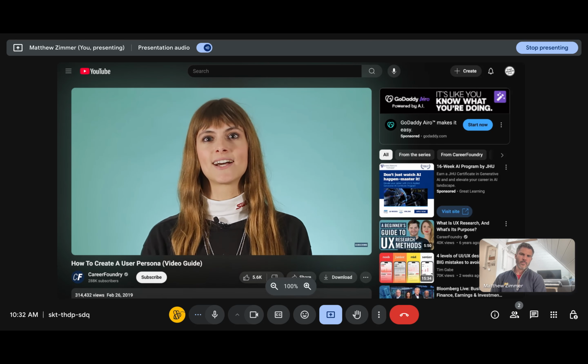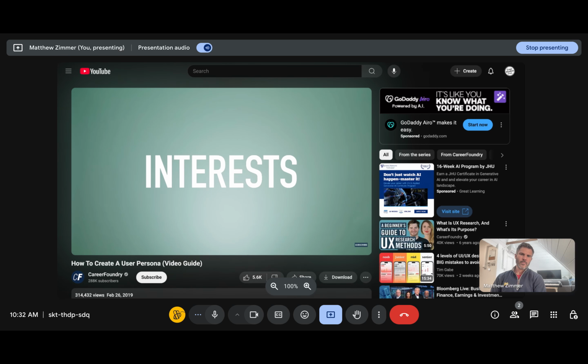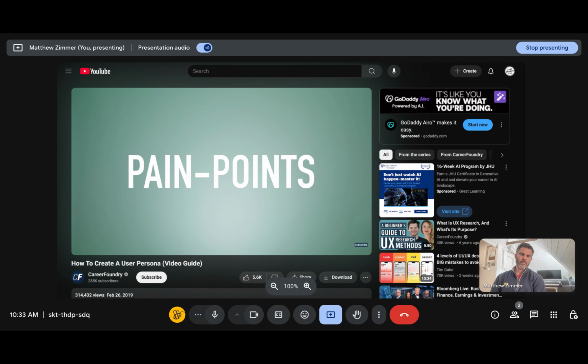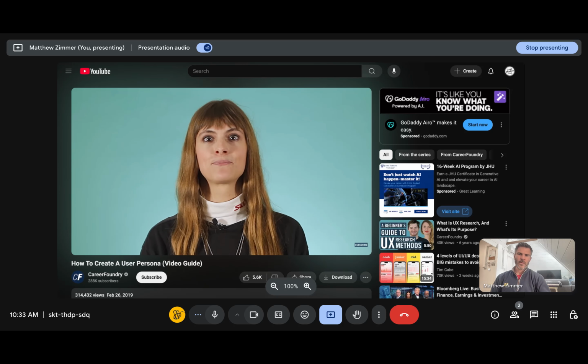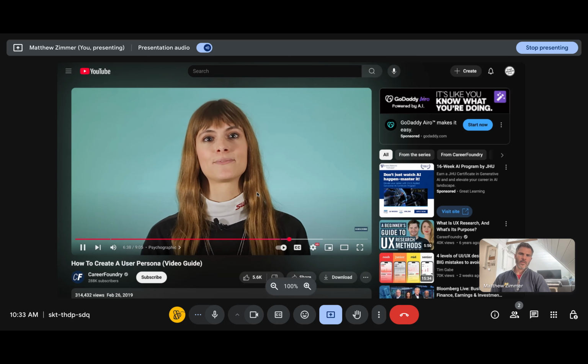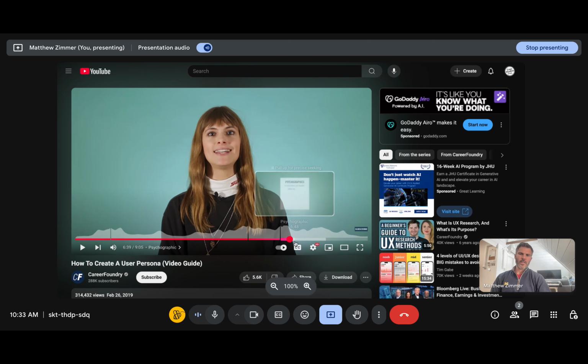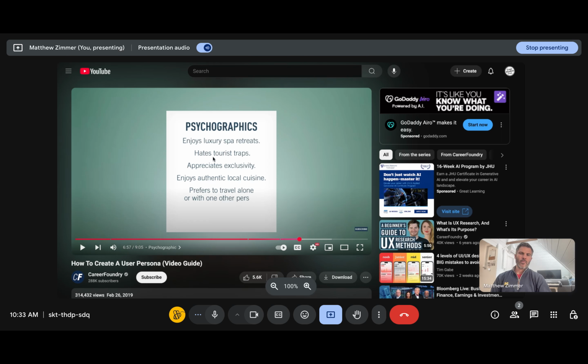This is where you'll include details such as the user's attitudes, interests, motivations, and pain points. Creating a psychographic profile enables you to better understand why your user behaves in a certain way, including why they use your product. I'm gonna let you actually listen to the psychographics part on your own, but what you'll understand